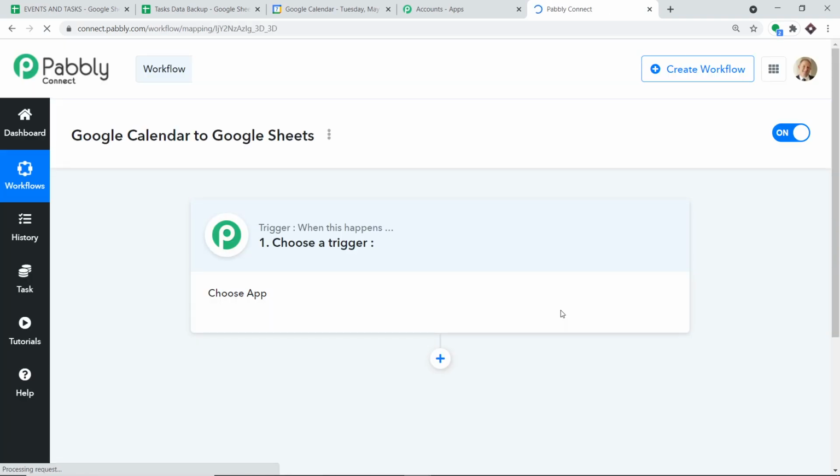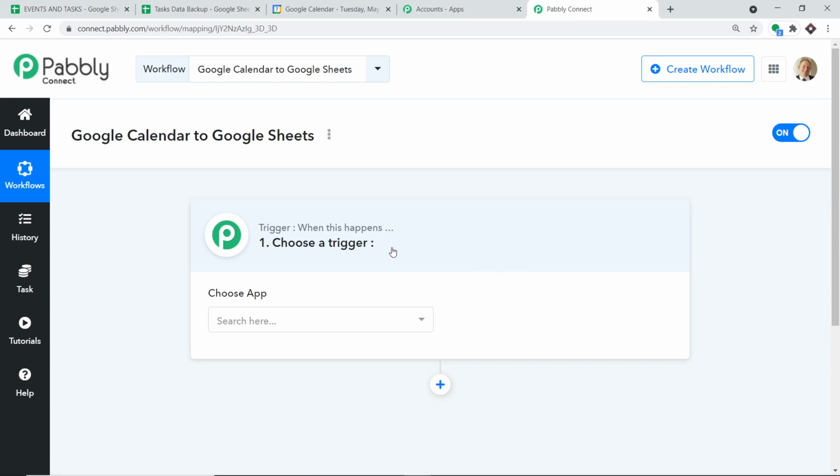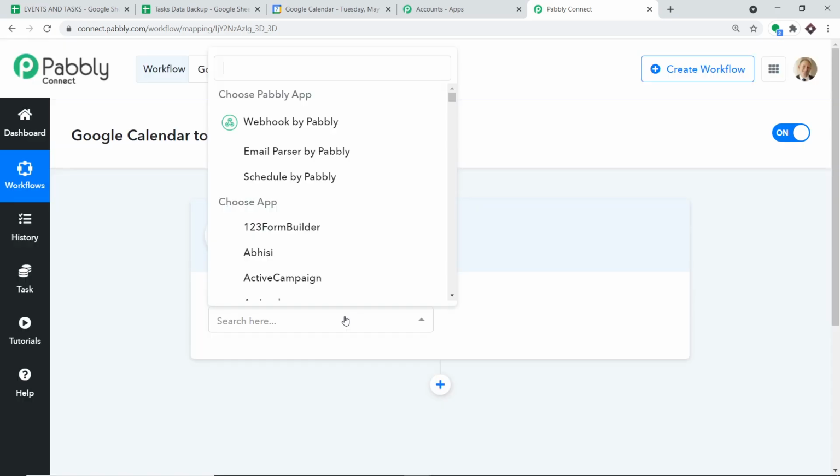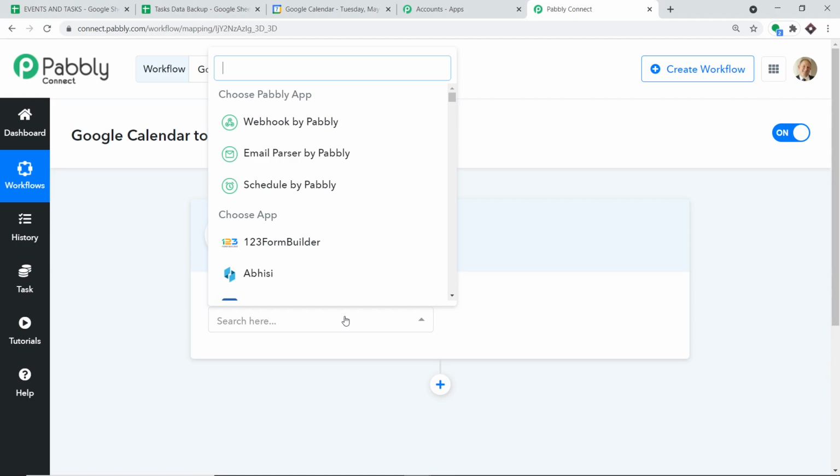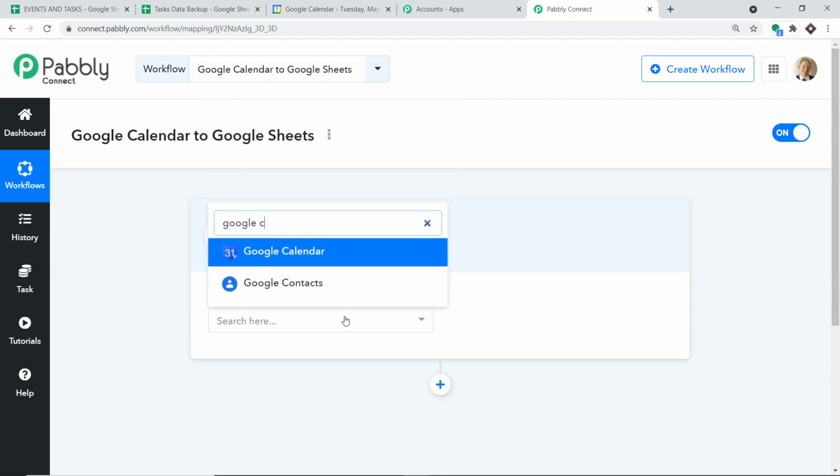Okay, so when you click on create, a window appears in front of you. This is called the trigger window. Now basically we are going to create a new workflow. If you directly want to access this workflow, you can clone the template of this workflow which is available in the description box. So in the choose app, let's select Google Calendar, because we want to send the data from Google Calendar. That is why Google Calendar.